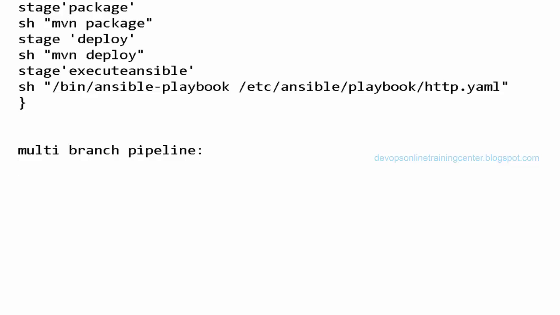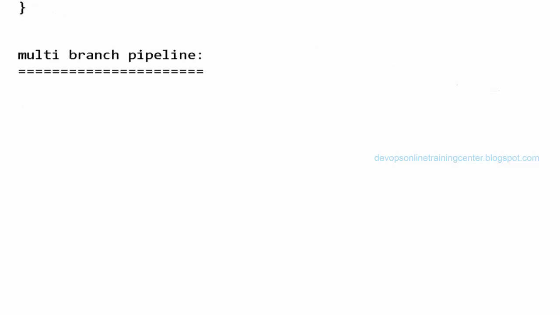Right? So Jenkins should automatically detect the branches present in the repository. Then based on the branch, it should automatically perform the job. So what are the branches we have in a repository, in a project?